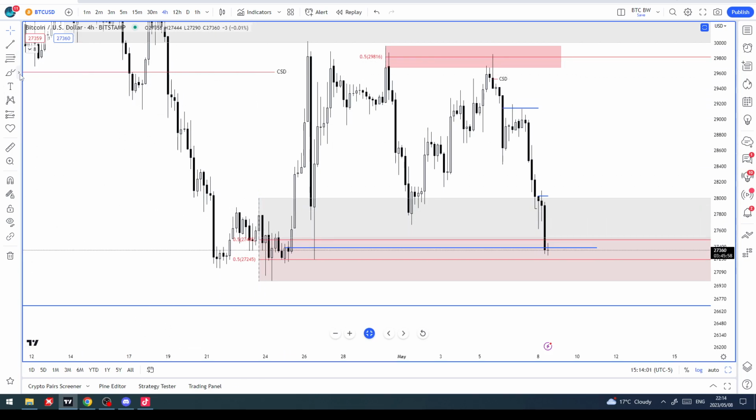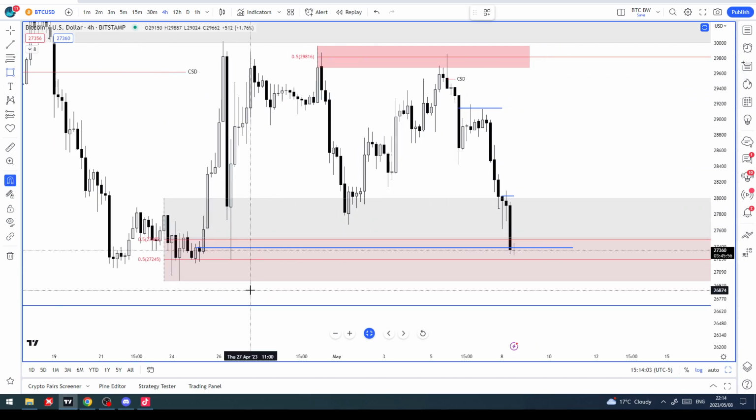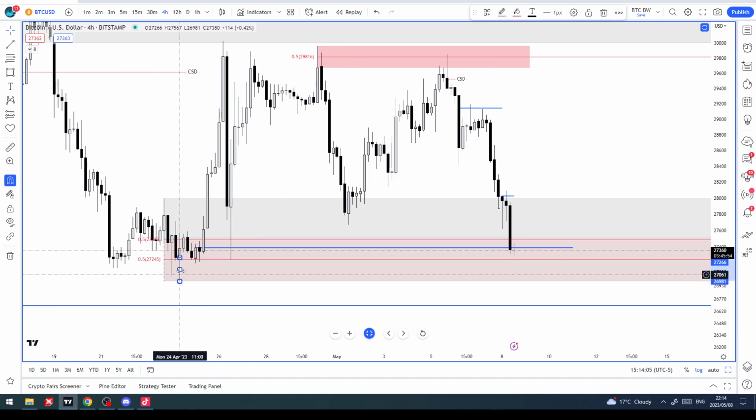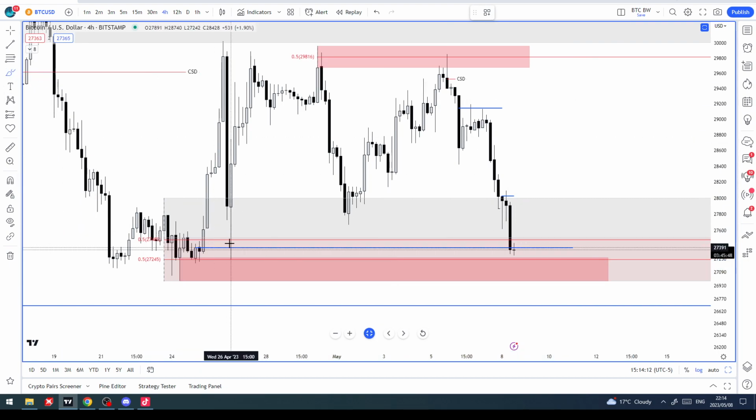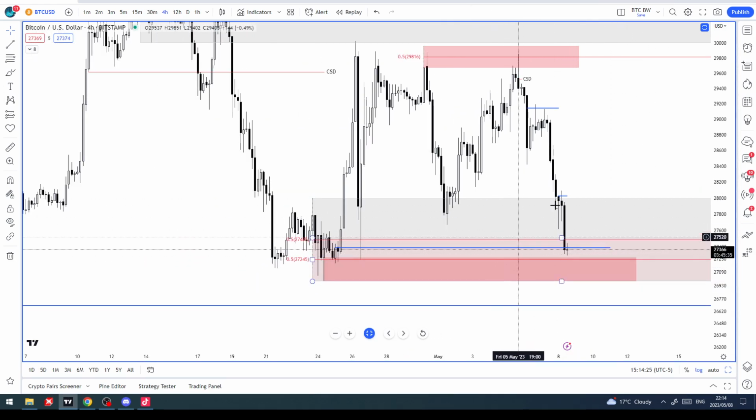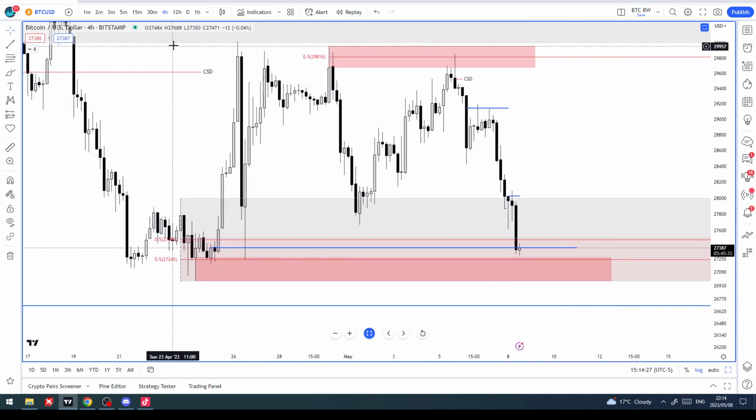On H4, you'd see this rejection block here, wicks to the downside there. So that's also of interest, because if we're bullish, we want to see down candles form, but also we don't want it to take the low of the rejection block at all. So watching the rejection blocks and the mean thresholds of everything that's happening in here.